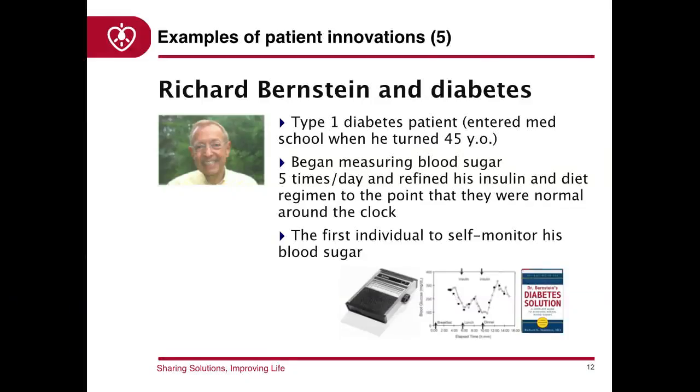Rich Bernstein, who discovered the solution for his own type 1 diabetes. And he was so frustrated because nobody cared about his solution that at the age of 45, he decided to become a medical doctor. He entered med school, and actually, after that, he was able to publish a book called Dr. Bernstein Diabetes Solution. He insists on using the title, obviously. He knows that's the reason why people believe him.